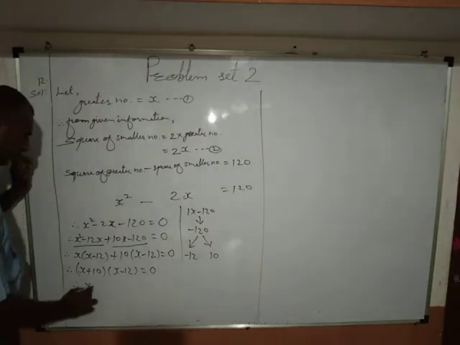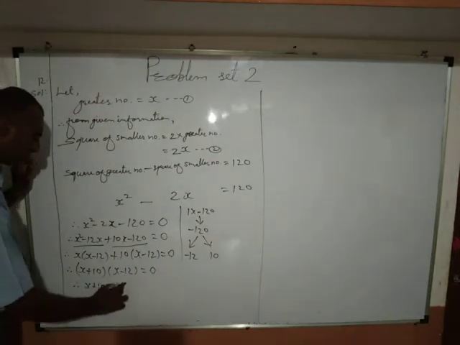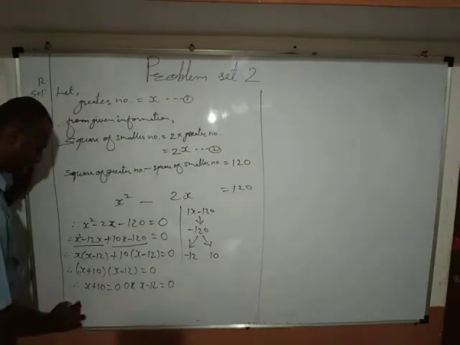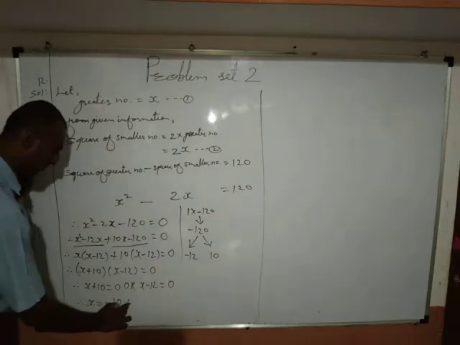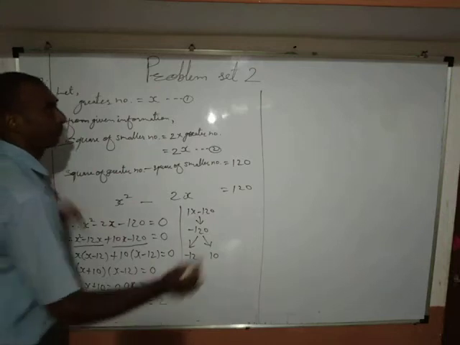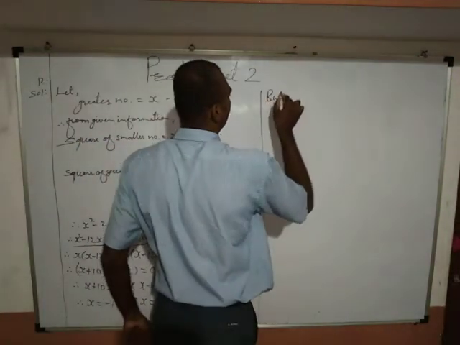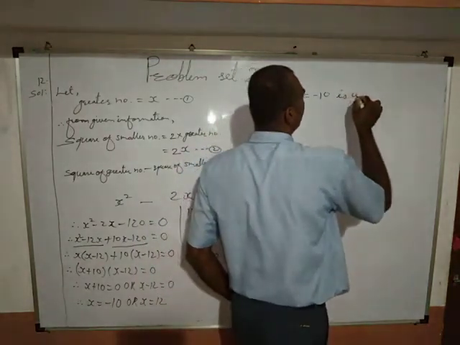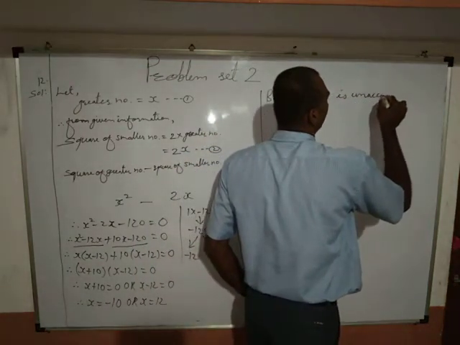And therefore x plus 10 equal to 0 or x minus 12 equal to 0, and therefore x equals minus 10 or x equals 12. But x equals minus 10 is unacceptable,